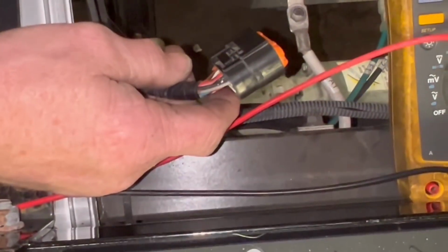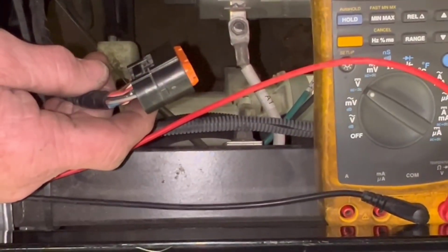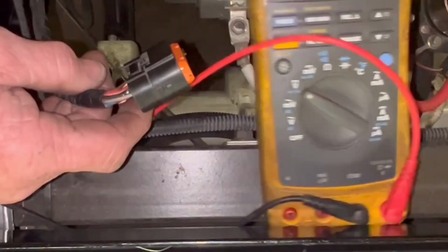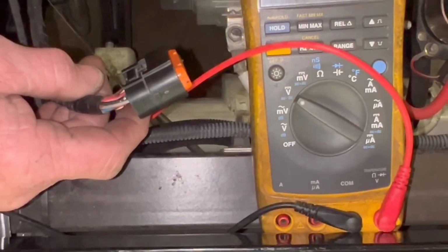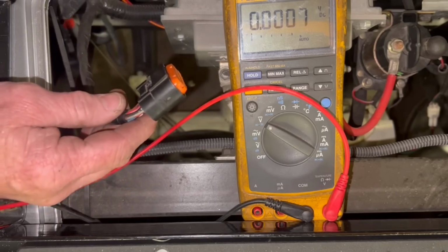All right. So now that I have my harness out, we're gonna do some tests. Do a bunch of tests with the harness unplugged, which is good, man, because you don't have to have it plugged in, nothing like that. The first test we're going to do, if you look at the harness,